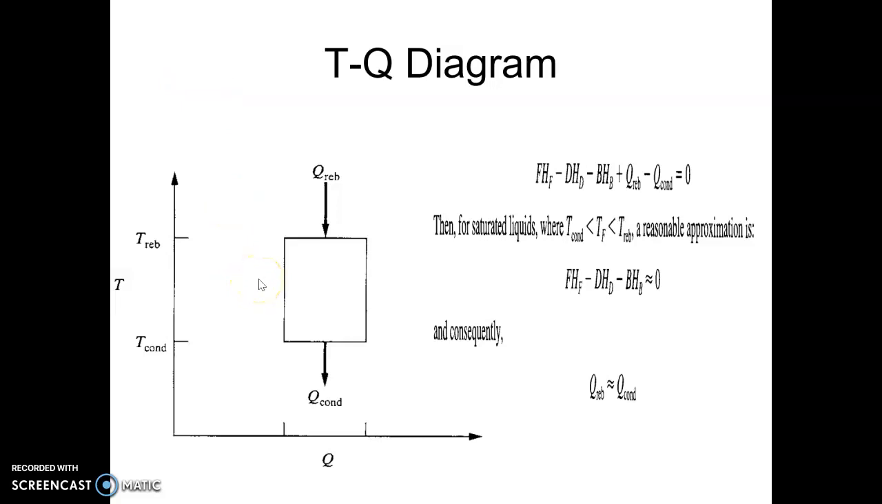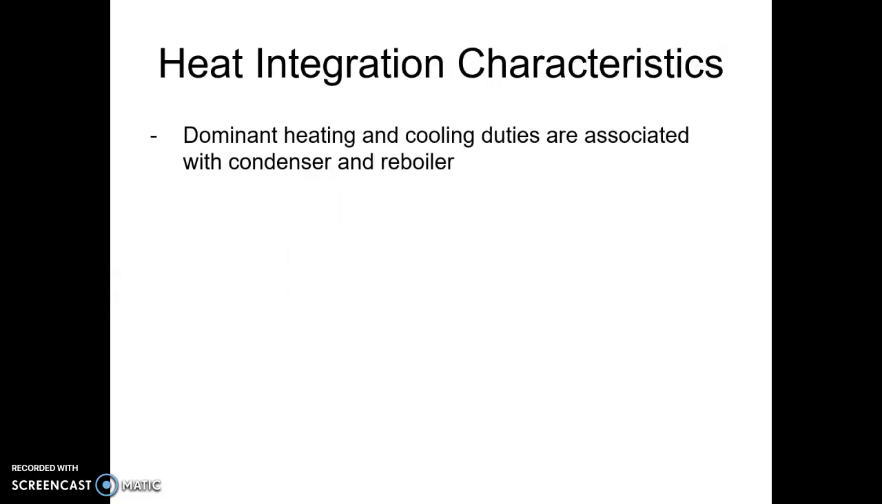So a distillation column can be shown as a rectangular box on a TQ diagram scale. So now if I put a distillation column along with a process, I'll try to integrate that. Now, heat integration characteristics associated with